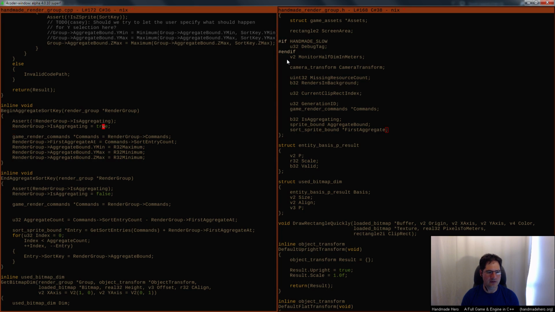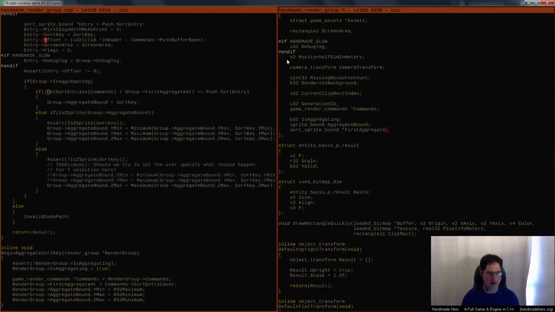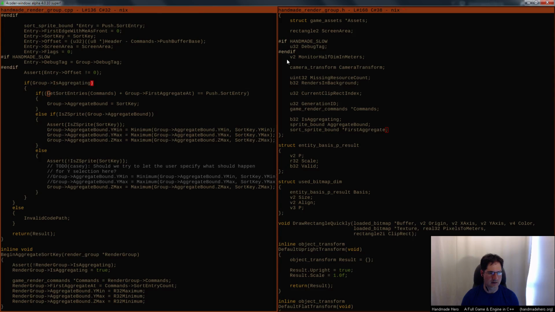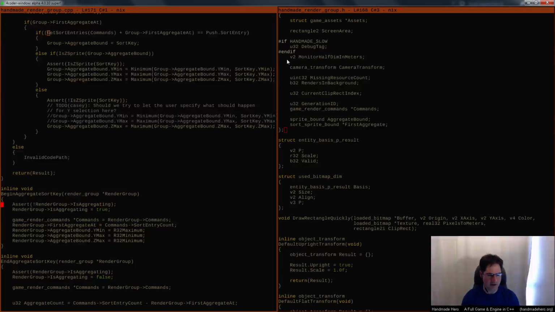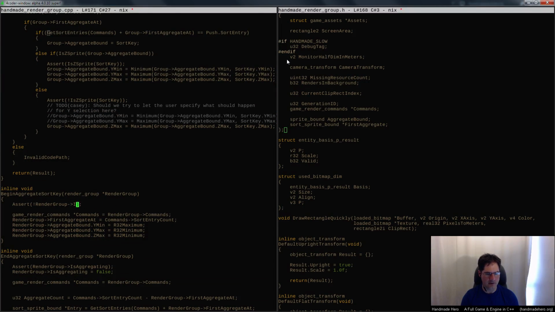And then what I'll do is say, okay, when we do first aggregate, we could also get rid of this is aggregating flag too if we wanted to. Actually, we could just do this first aggregate and get rid of this aggregating. So then what we could say is just like, okay, let's assert that there isn't a first aggregate.